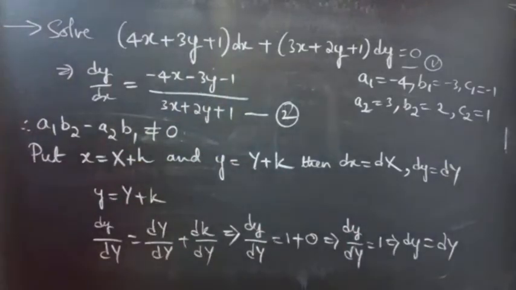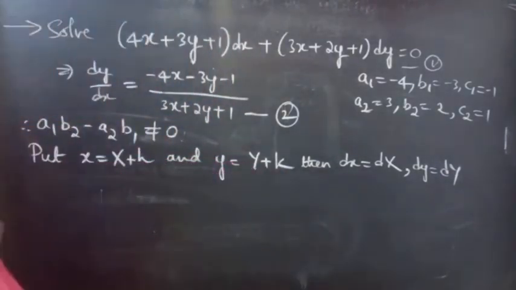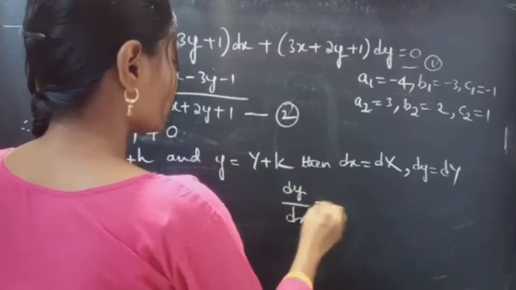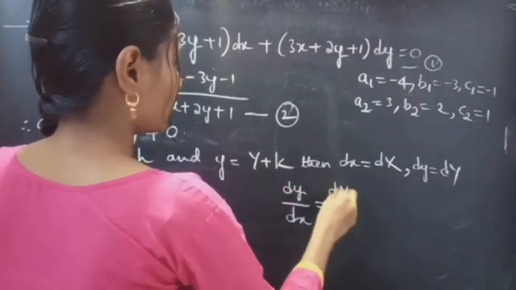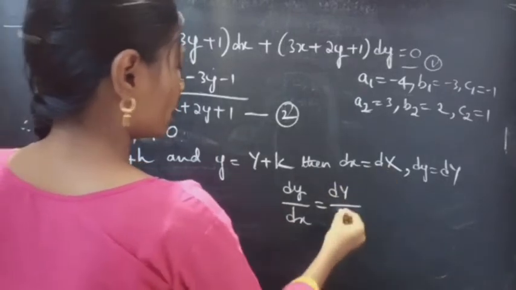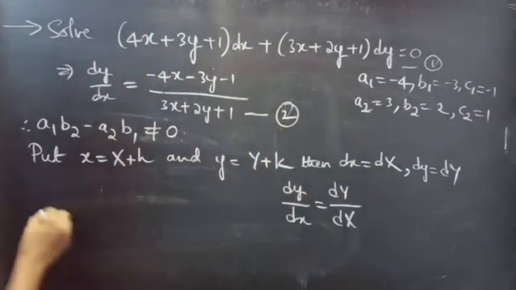Fine. Now, what about dy by dx? dy by dx will be equal to replacing dy by the differential d capital Y, and replacing dx by the differential d capital X. Okay, now equation 2 becomes